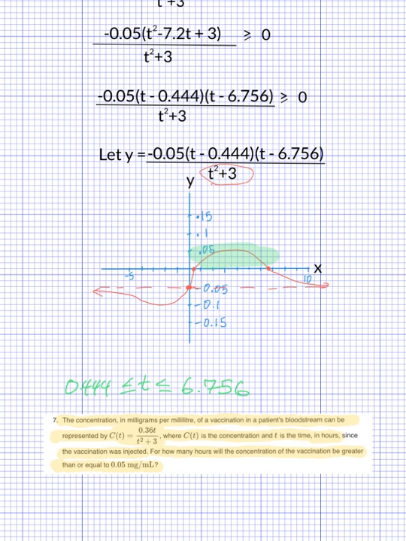All right, so it says, for how many hours will the concentration of the vaccination be greater than or equal to 0.05 milligrams? Well, now we don't look for where it's greater or equal to 0.05 in our graph. We've already adjusted and brought the 0.05 to the left. So our answer will be when it's greater or equal to 0 in this scenario. Okay, so it's greater or equal to 0 at this spot right here. But it wants to know the number of hours. Okay, well, the number of hours will just be